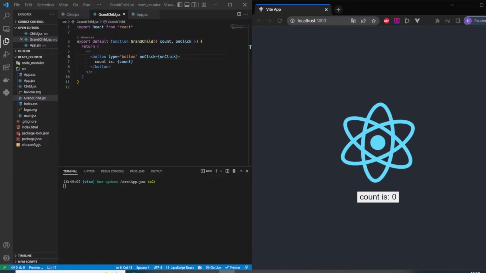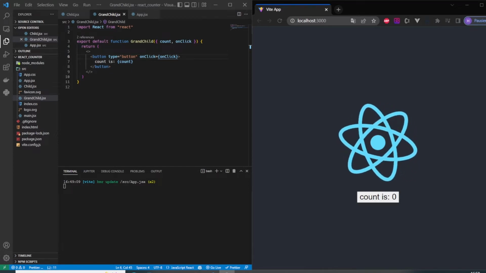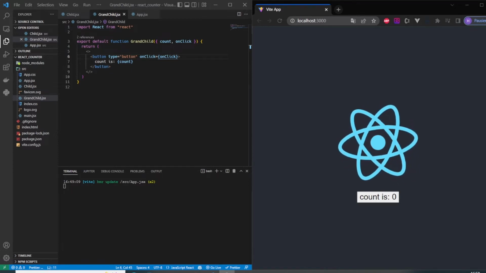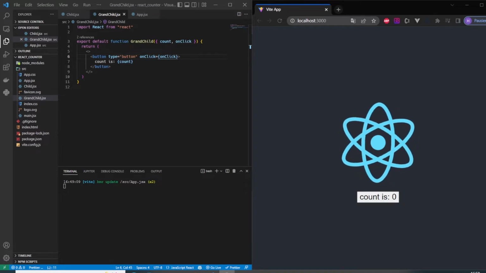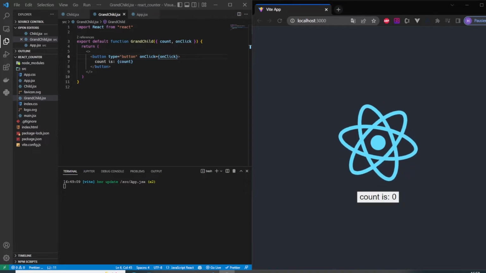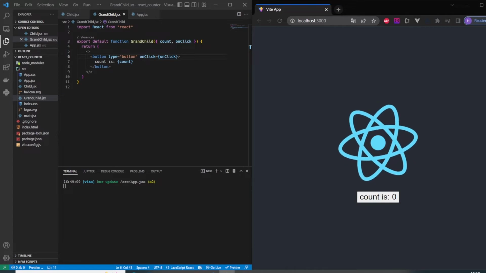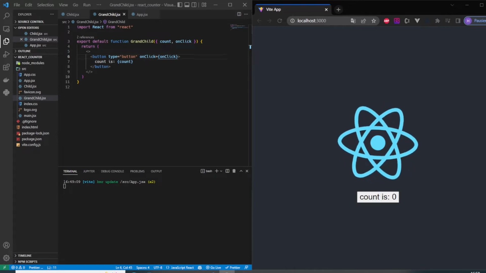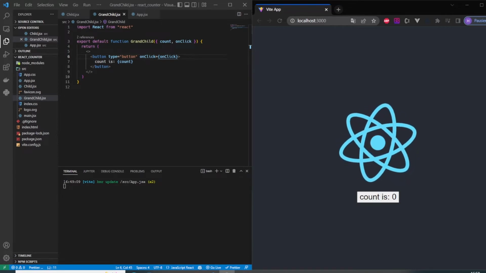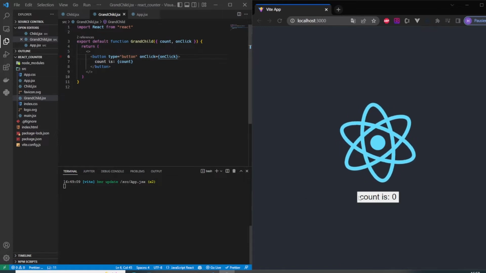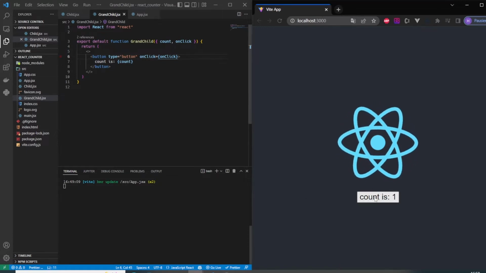Welcome to another video. Today we will be talking about the useContext hook in ReactJs. What that is and why you need it. Let's start. Alright, what you see here is a simple application with a button, and whenever I click on it,